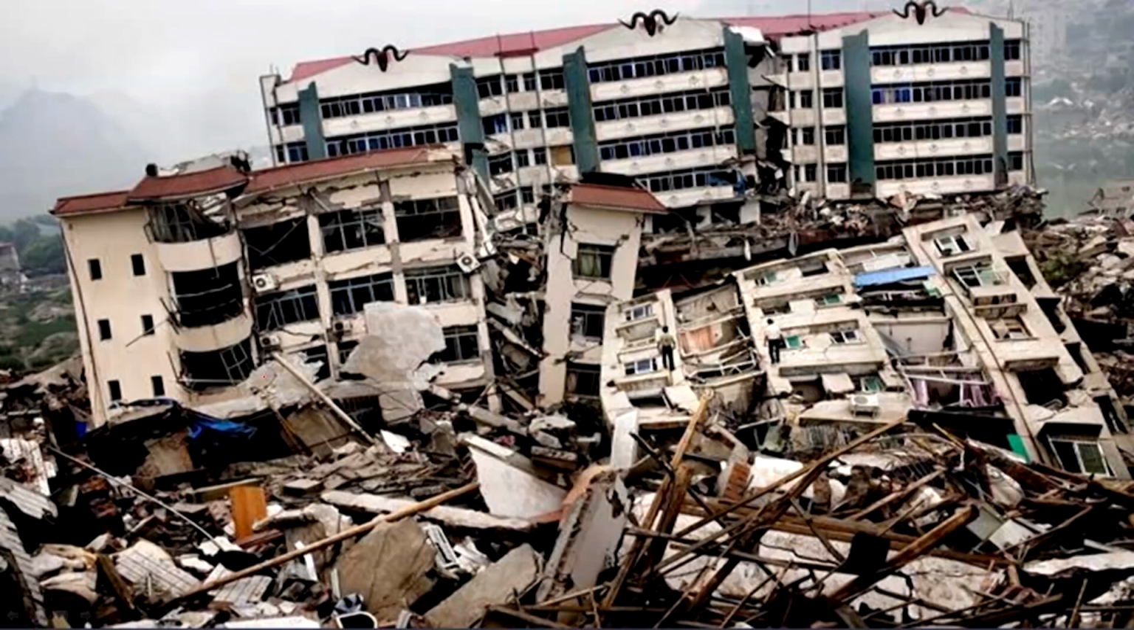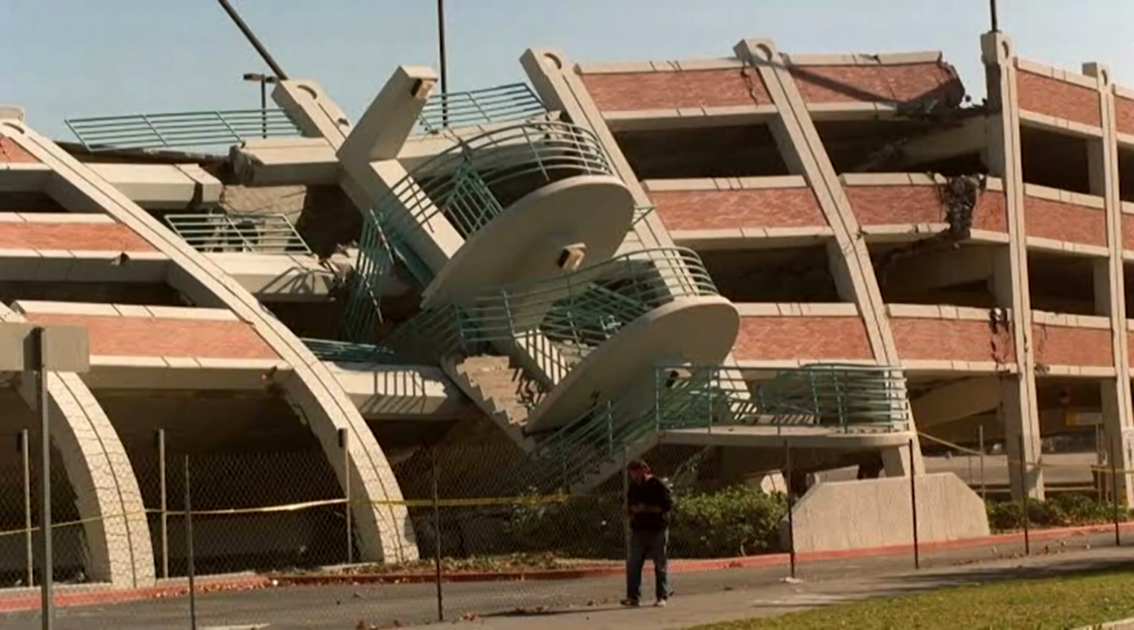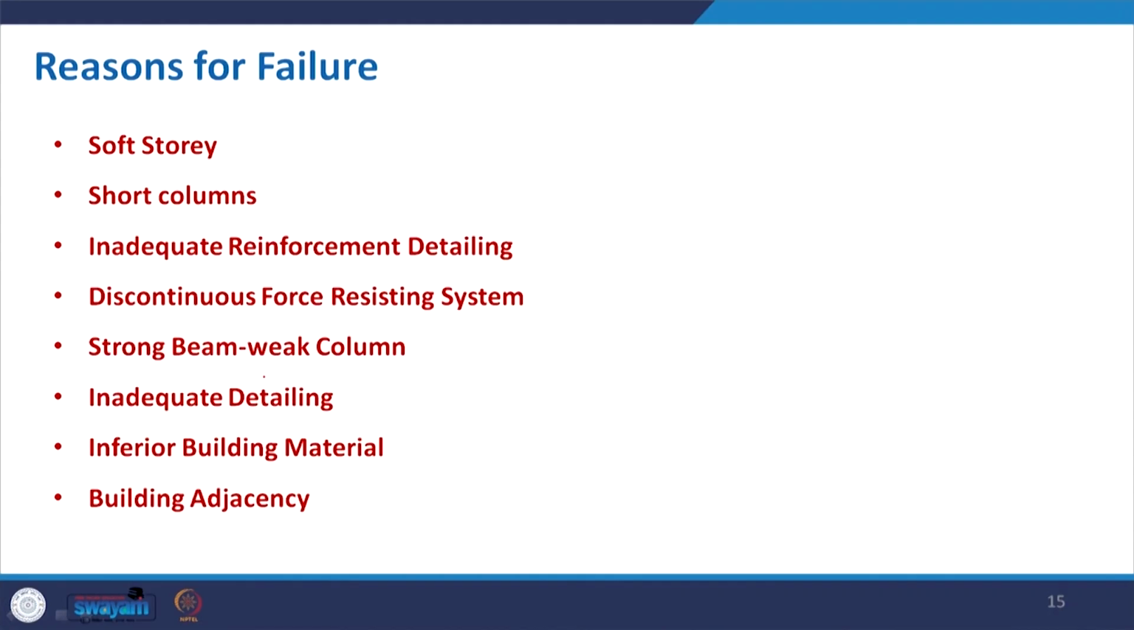Now, this is another one, you can see how devastating this could be, and then this is another one. Now, reasons for failure. There are many reasons. Normally with an earthquake, it depends on the intensity. If it is too high, there is very little scope to really do something, we cannot stop that. But what we can do is make our structure earthquake resistant enough, so that we can get the evacuation